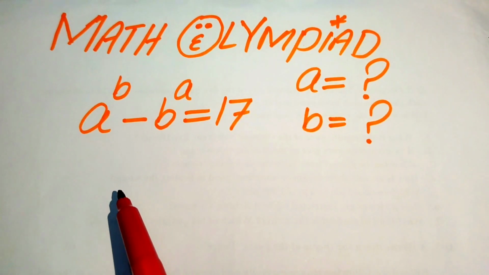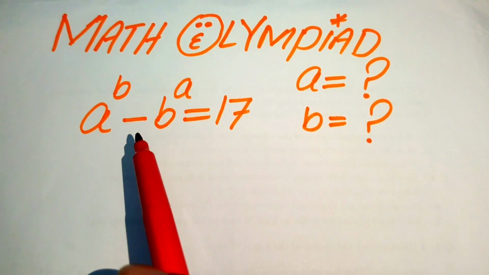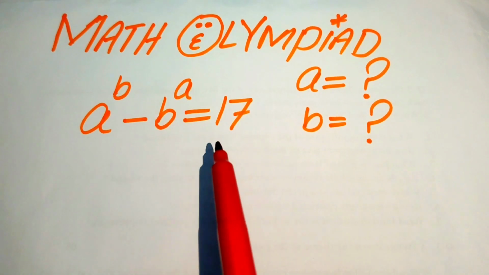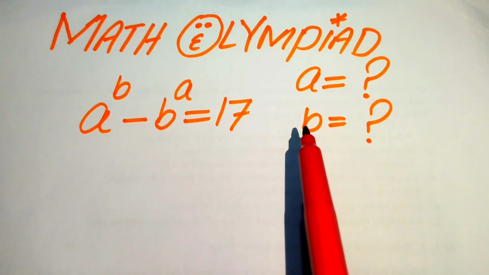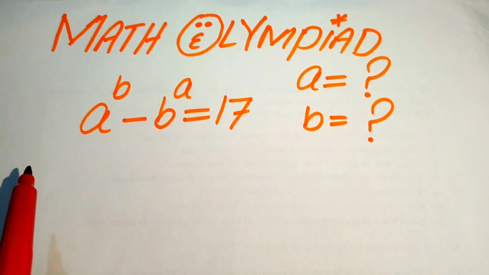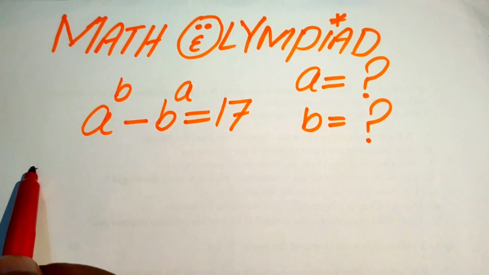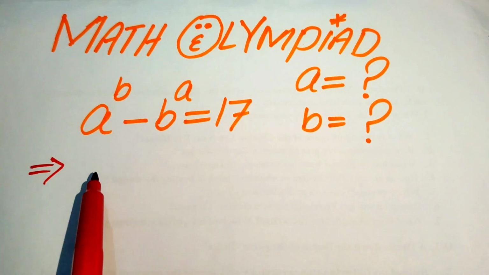Hello everyone, welcome to solve this math Olympiad algebra problem. Here we have a to the power of b minus b to the power of a equals 17, and we solve this problem for the values of a and b. So the very first step we are going to do is multiply and divide